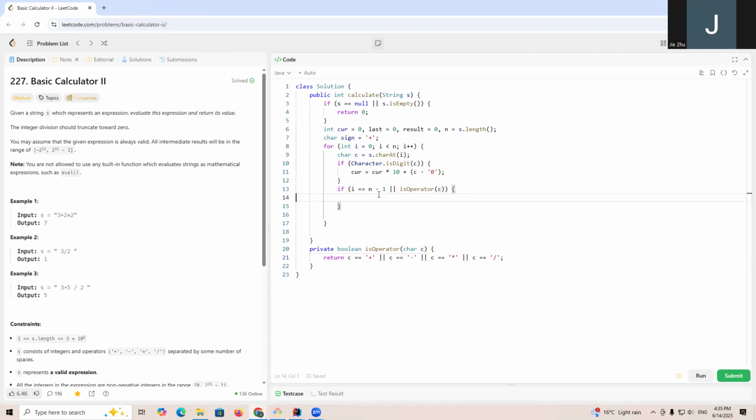So let's say if we have this part, that means we can calculate something with the last, sign and current, right? So let's say, based on what this sign is, we'll say if sign equals plus, right? Then we can add plus or minus, right? Or sign